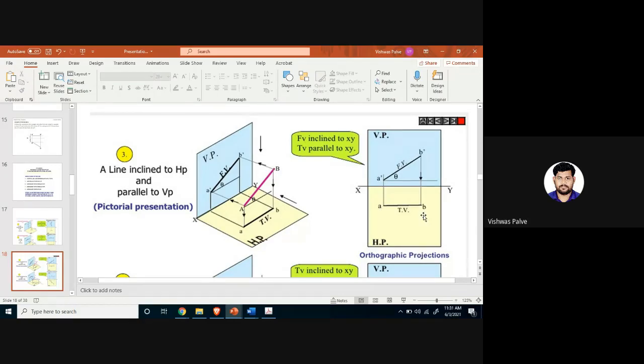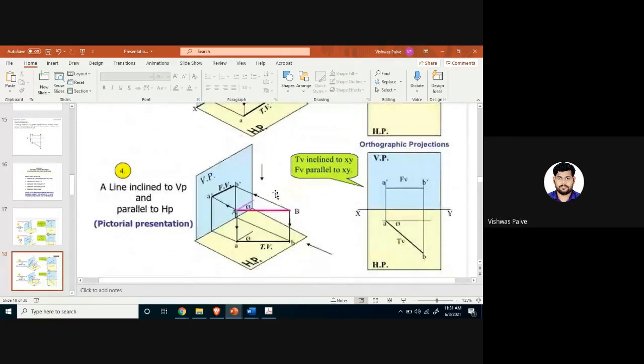So this is regarding when a line is inclined to HP and parallel to VP. Now let us consider the next case, when a line is inclined to VP and parallel to HP. Whenever a line is inclined to VP, what is the notation for that? Phi. The symbolic representation of that angle is phi. If the line is inclined to VP, then when we observe the top view, you will get an inclination here. You see here, the inclination with VP is shown in HP. Always in orthographic view, phi is the inclination with VP. That's why this angle is measured with VP, not with HP, but it is drawn in HP.